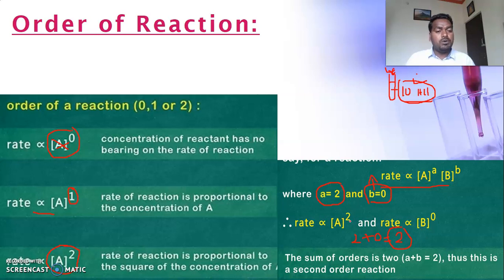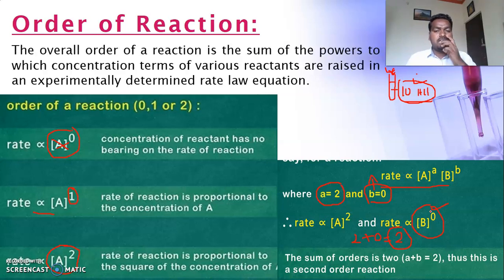So how do we come to know it is a square? Through experiment we identify that the rate of reaction doubles with respect to A, and the rate of reaction is independent of B and depends on A. That's why B power 0. How did we get this value? From the experiment. It's not a theoretical value. Even though an amount of B is needed, the rate is independent of B. That's why B power 0.